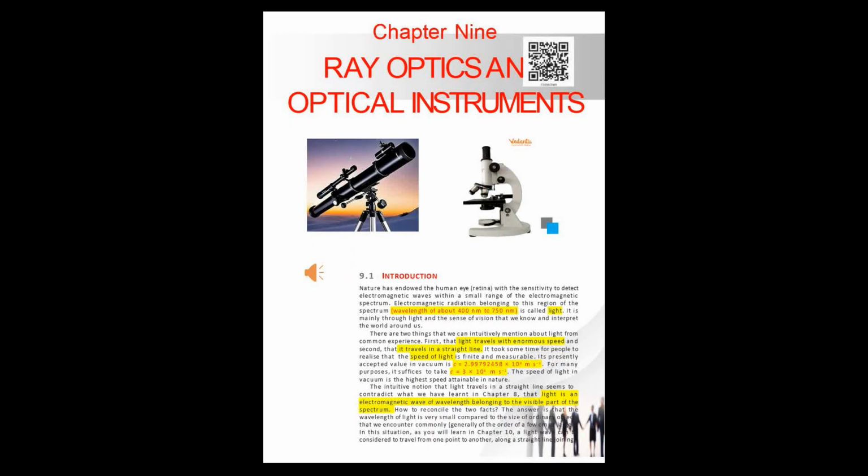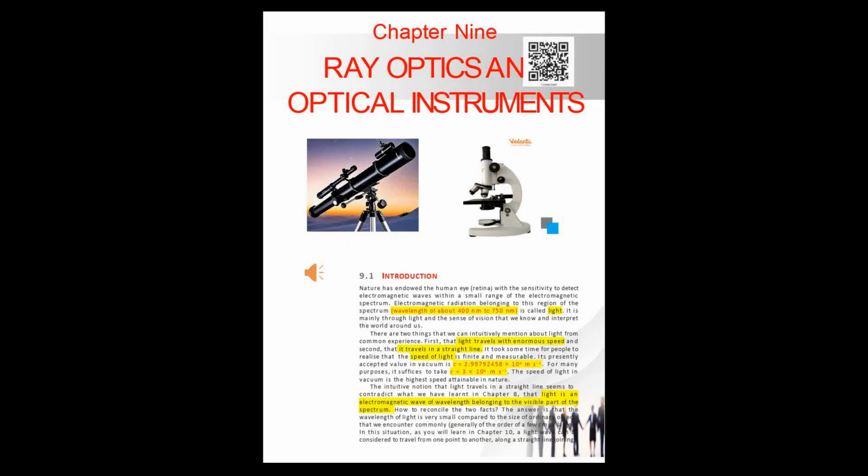Ray optics and optical instruments. Introduction. Nature has endowed the human eye, retina, with the sensitivity to detect electromagnetic waves within a small range of the electromagnetic spectrum. Electromagnetic radiation belonging to this region of the spectrum, wavelength of about 400 nanometers to 750 nanometers, is called light. It is mainly through light and the sense of vision that we know and interpret the world